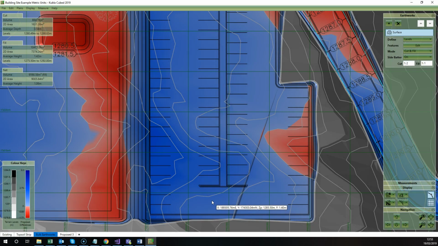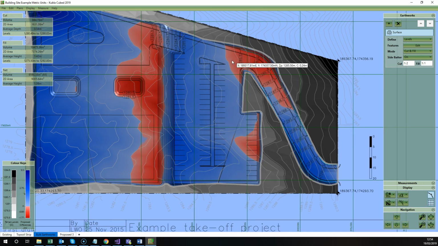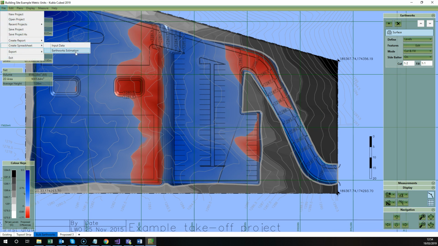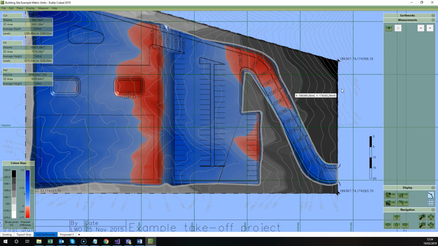So previously there's a lot of measurements that are produced in the reports related to the earthworks, such as the 2D and 3D area of disturbance, and also we report on the boundary perimeters, which you can obtain in the create spreadsheet input data and earthworks, or create report and the same. But now what we've done is added an additional measurement module, which allows you to add additional measurements into the